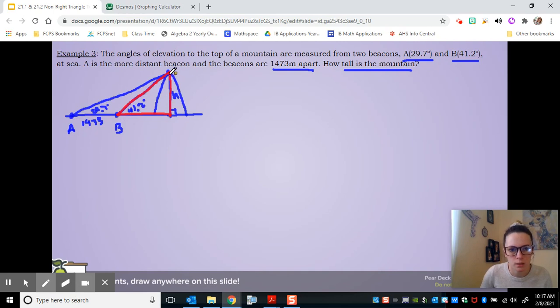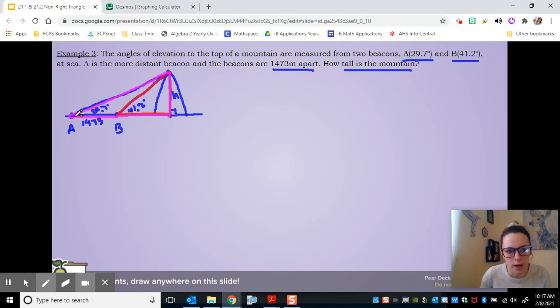would be still looking at that height, but going all the way to A instead. So looking at this larger right triangle instead. Both are going to be the same amount of work. It's really just a matter of which one you see and which one you'd rather do, but they're both actually going to use the same beginning triangle, which is,